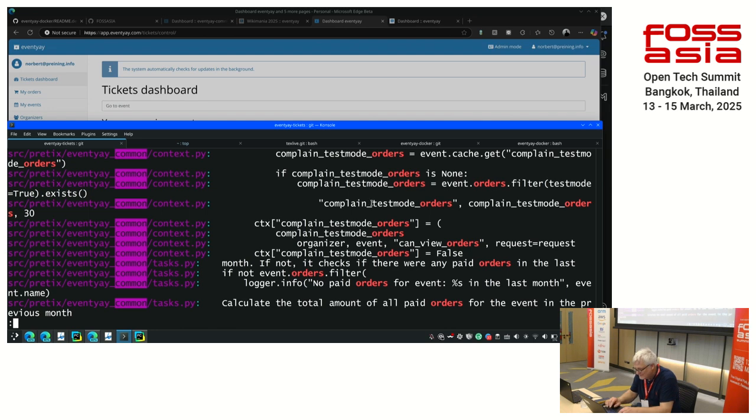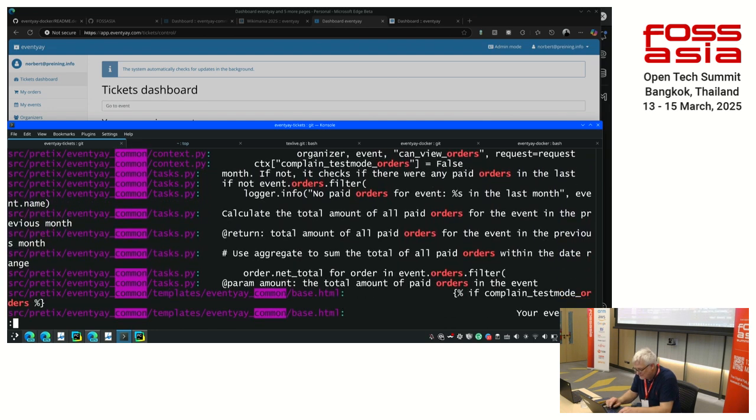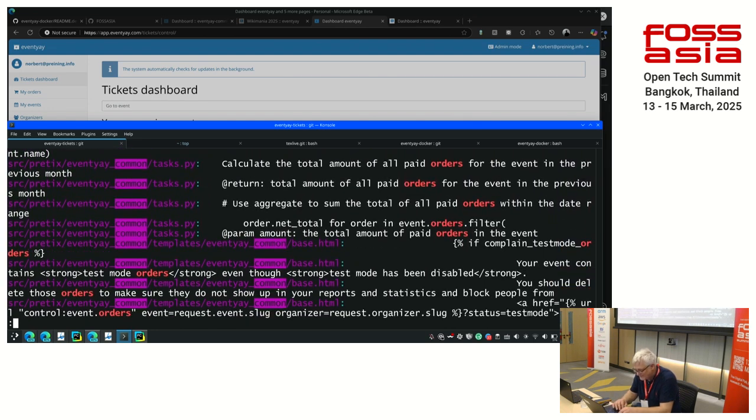Here. No paid orders, whatever. If you change something in the templates here, for example,